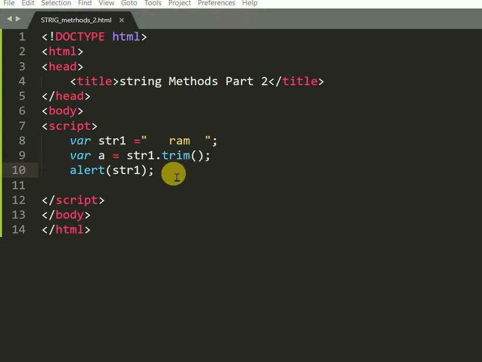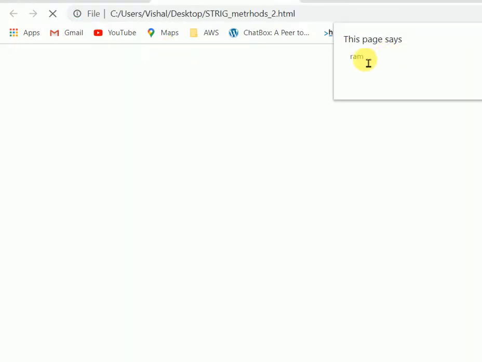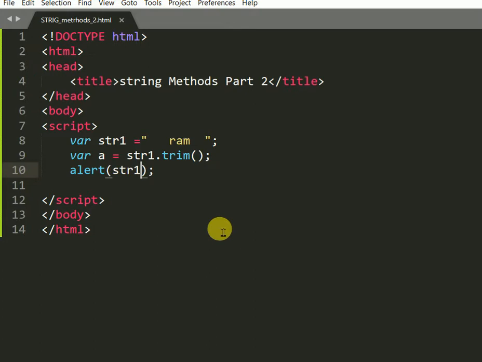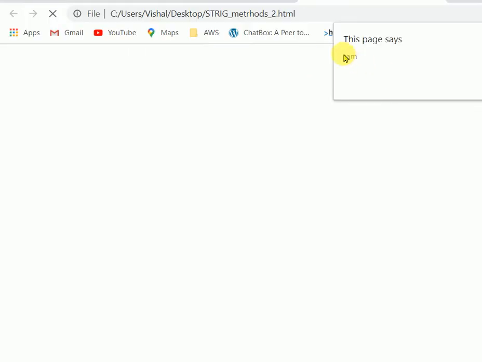So you will see that we got Ram here, and the space at the start is removed, so Ram comes in front.